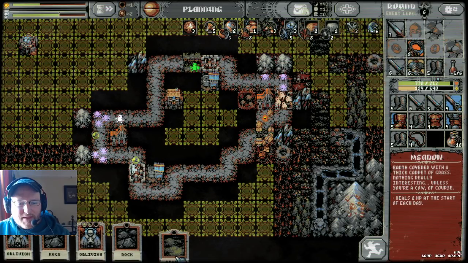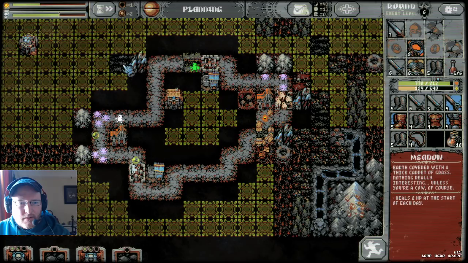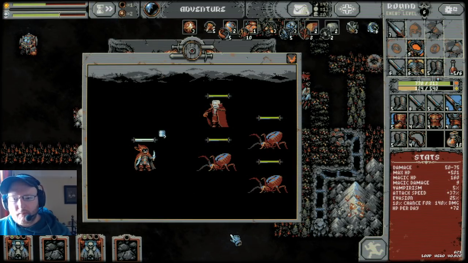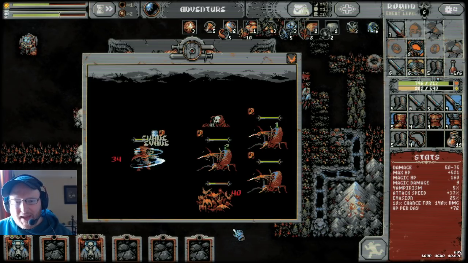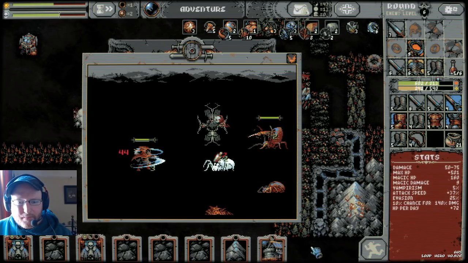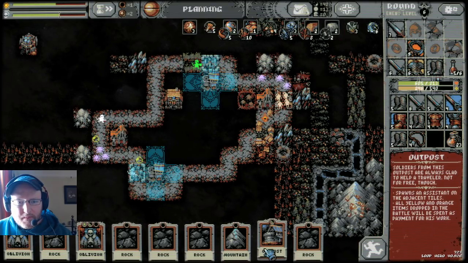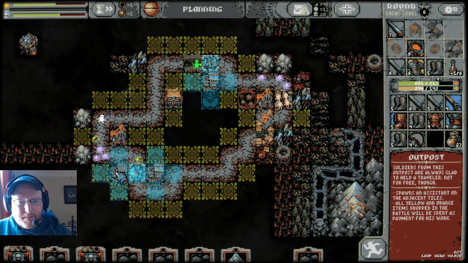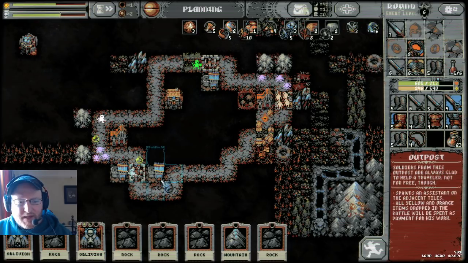Let's not block off our river accidentally, peasant. Let's not do that. Oh yeah, let's do this. Okay. I'm trying to get the right balance between thoroughness and speed. Okay, another outpost. Wow, we've got loads of outposts. So yeah, let's see if we can get two. If we get 2 extras in here,